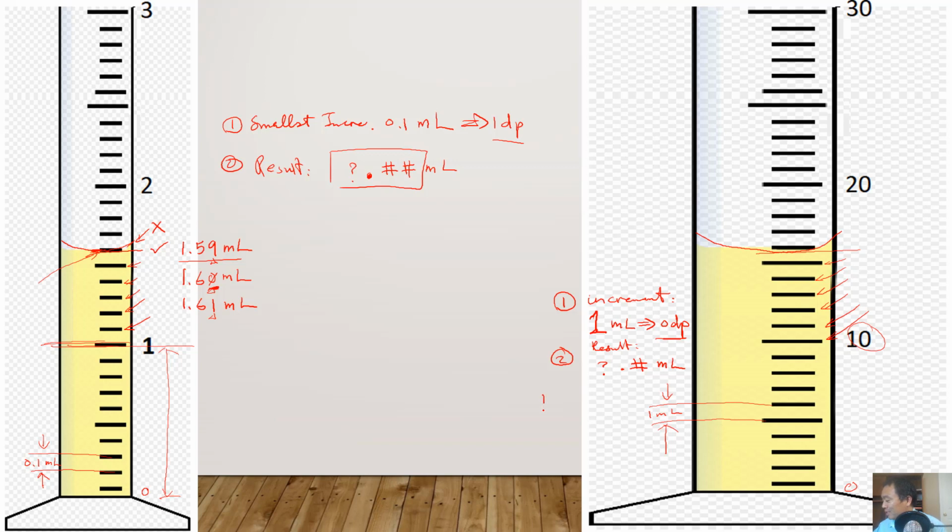To my eyes, it's between 15 and 16. So this would be written as 15 point, maybe 0.8, or some might say 15.7, or some might even say, I think it's very close to 16, so you might read it as 15.9